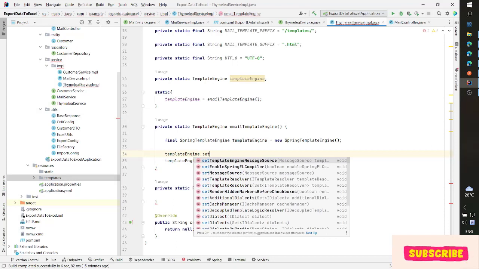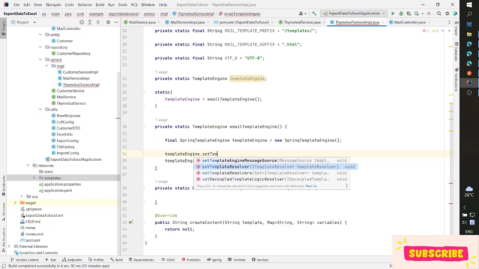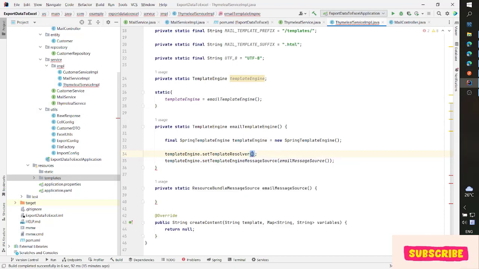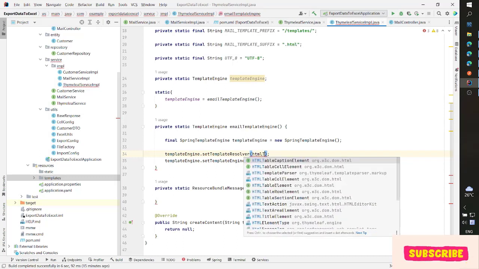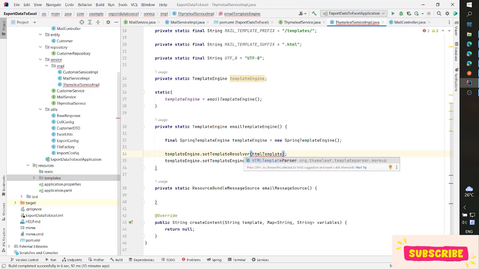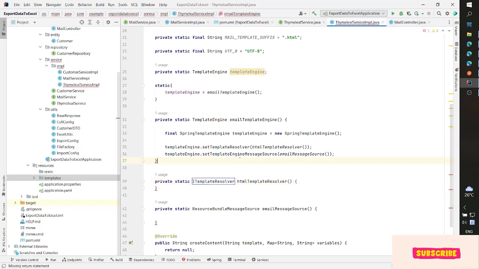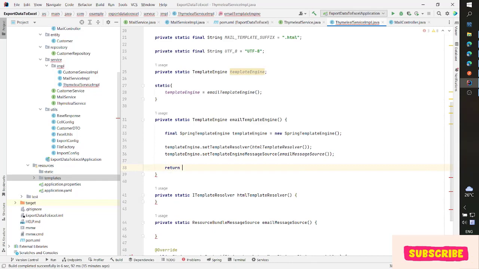Set template resolver equal HTMLTemplateResolver. Here is another method, so we will configure it, and here we return the template engine,